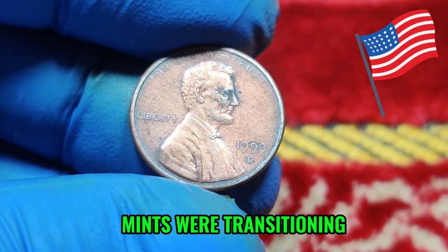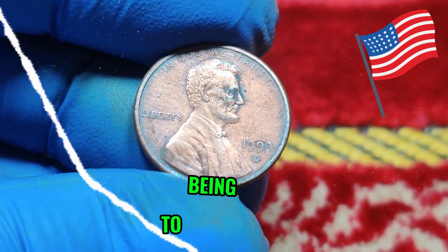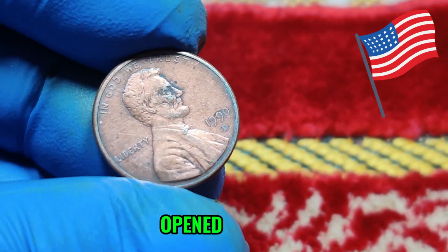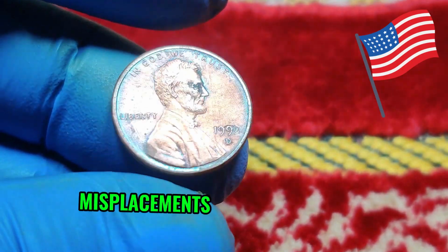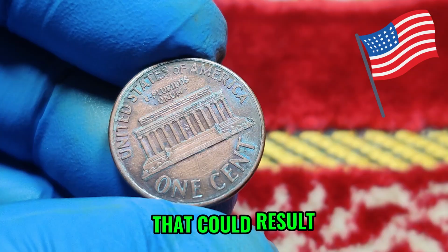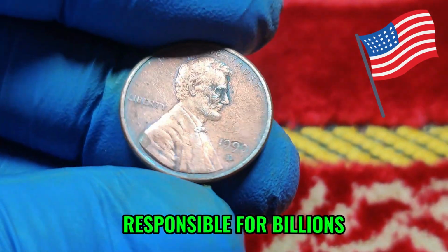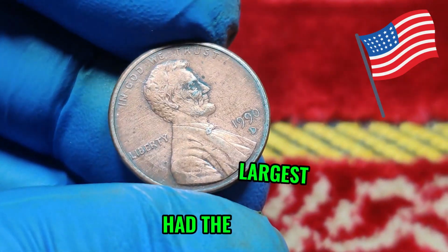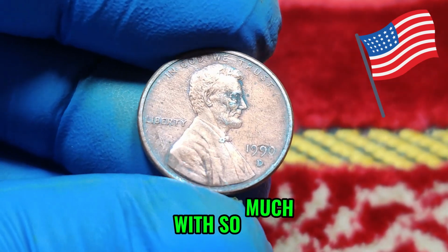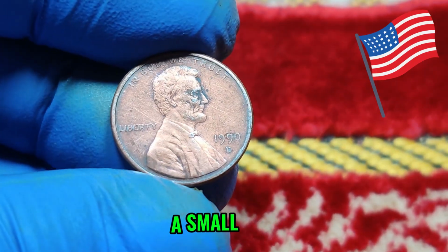Mints were transitioning their engraving methods, and mint marks were changing from being hand-punched to being applied directly to master dies. This transition opened the door for a variety of mint mark misplacements, repunching errors, and die mix-ups that could result in one-of-a-kind coins. The Denver Mint, responsible for billions of pennies each year, had the largest output of 1990 Lincoln cents. With so much volume, the tiniest die or machine anomaly could lead to a small batch of coins